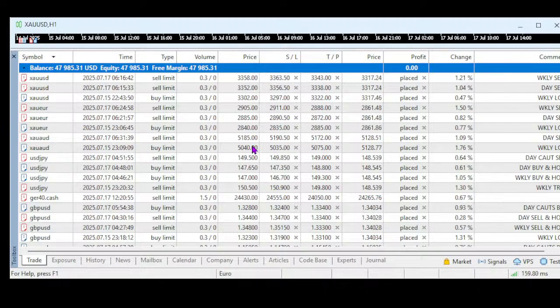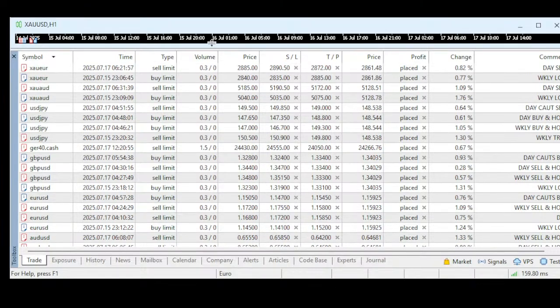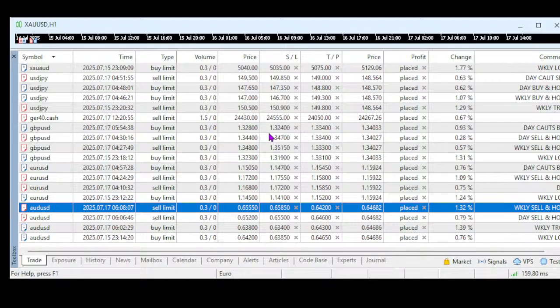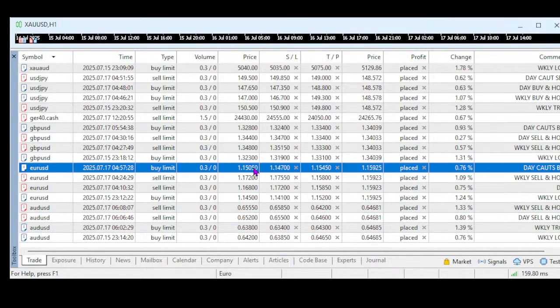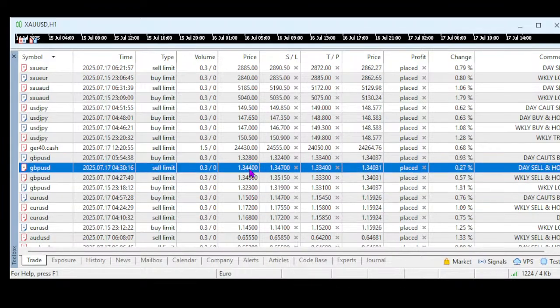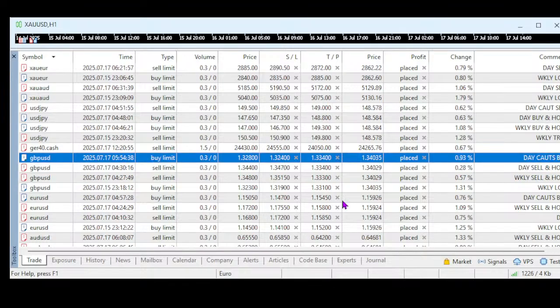Let's quickly run through the orders. Right now we don't have any trades that are quite close to the market. Let's look at Aussie, which is trading at 64.70. We don't have any levels nearby. Then the euro is trading at 115.92, and we don't have any trades nearby as well. The pound is trading at 134, and we also don't have any trades nearby. The only sell we have is 134.40.